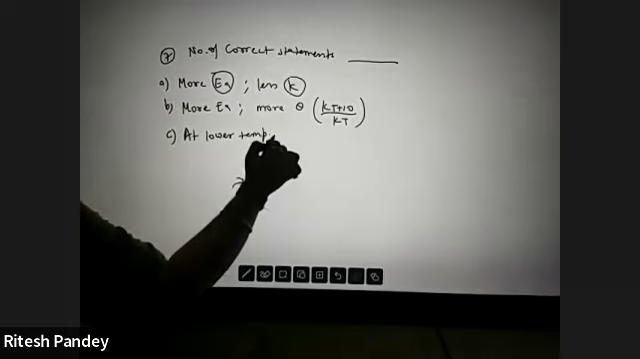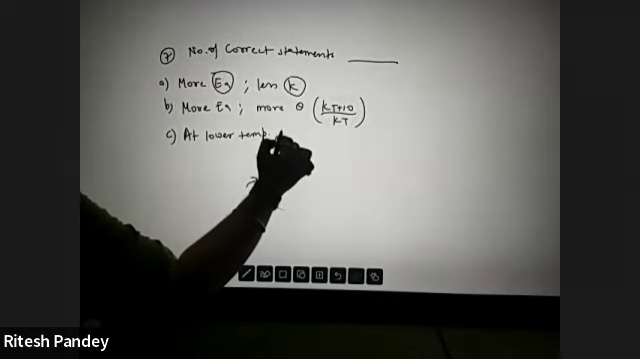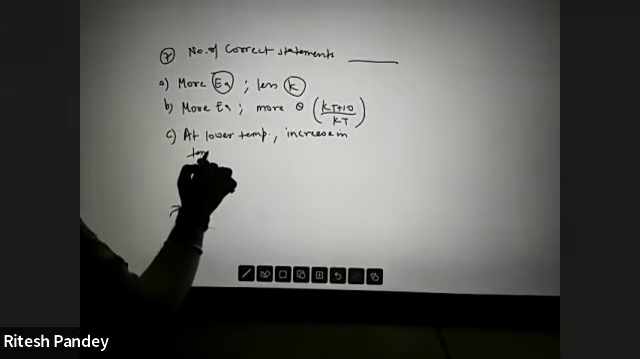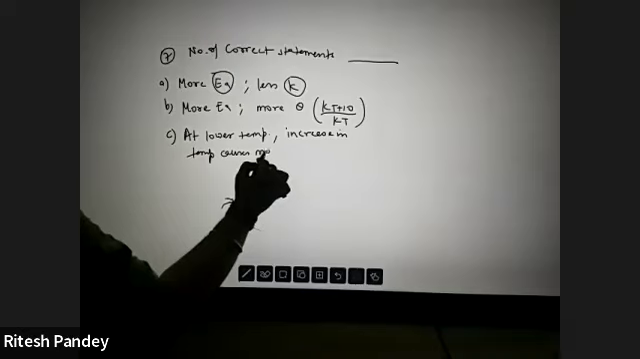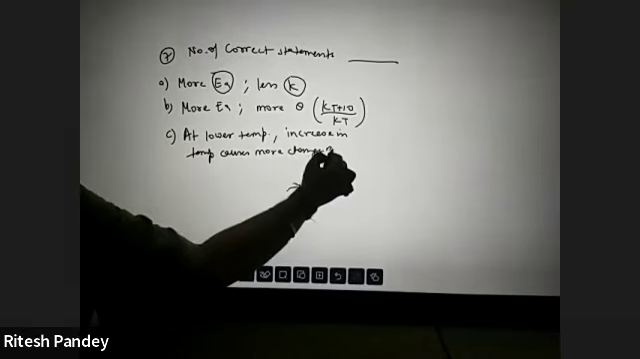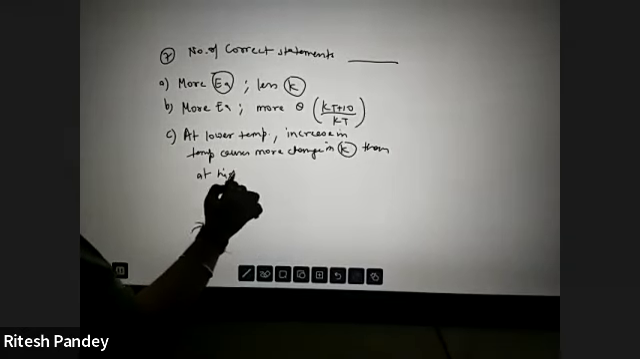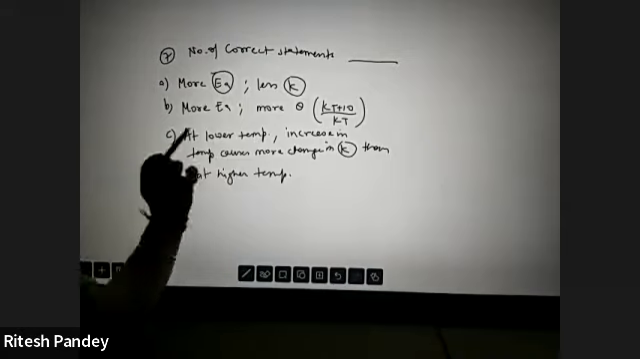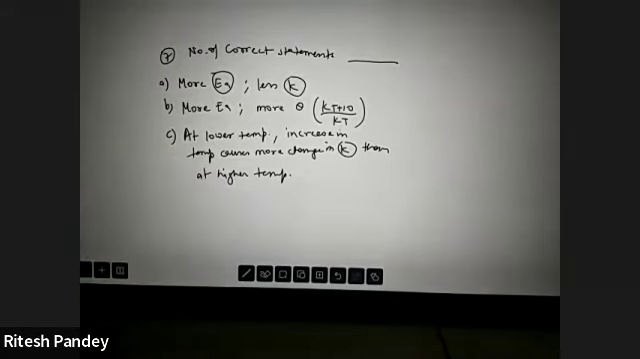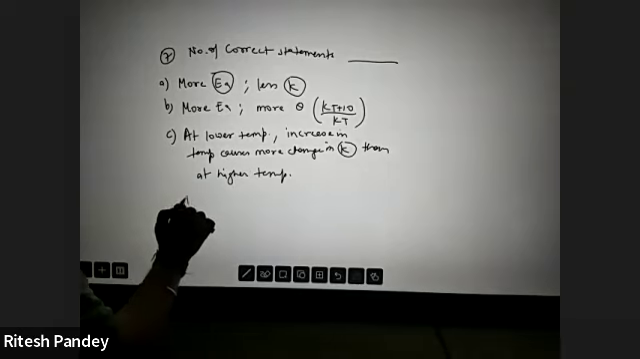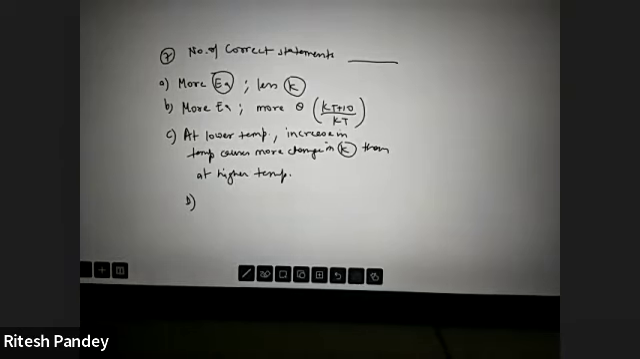At lower temperature, increase in temperature causes more change in K than at higher temperature. चलिए साहब, इसका कोई मतलब नहीं होता। D का कोई मतलब होता है? सोच के बताना, मेरे को तो कोई मतलब नहीं लगा। सो करेक्ट स्टेटमेंट्स A, B, D हैं, C नहीं है।